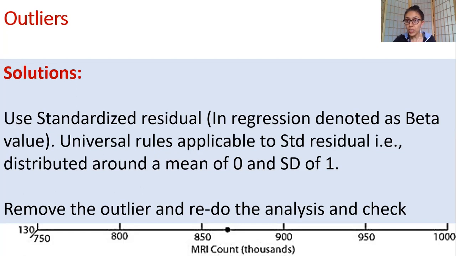So those are again genuine cases. But to tell a homogenized story and to consider the variance or the error that they may be creating, and therefore to address it appropriately, what you would report is standardized residuals. In regression this is reported as beta values, and I'll show you where the beta values are. So when you have genuine outliers, you report it using beta values.